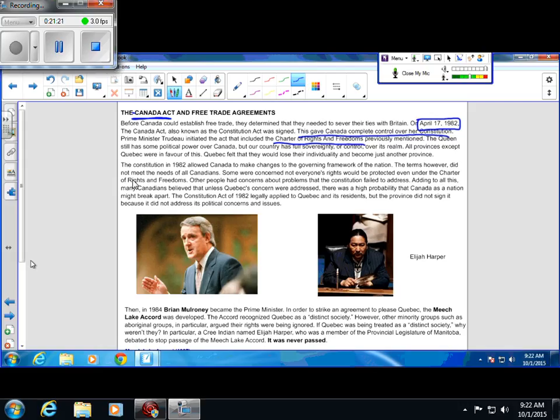So all your fundamental rights and legal rights as a Canadian citizen and as an individual are outlined in the Canada Act. The Canada Act and the Charter of Rights and Freedoms go together, two pieces of legislation together. Basically, Canada does not need permission from Britain to change its laws or whatever we want to do. However, the Queen still has some political power over Canada. The Queen is the head of state, so we should never forget the Queen. But now Canada as a country has full sovereignty and control over its realm.